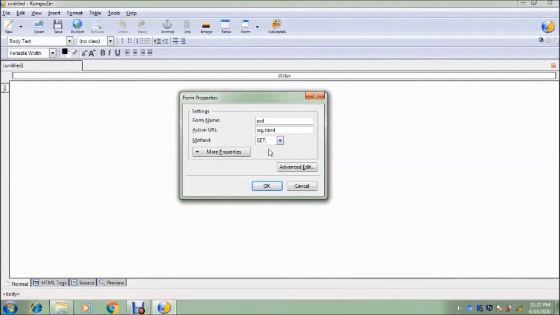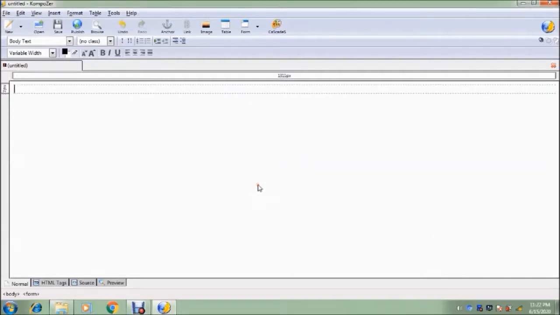Okay friends, now as and when I click on OK button, on the screen you can see blue color dotted outline border. Okay, that is the indicator that your form tag has been started. Now in this form you have to create a form to get the information from the user.